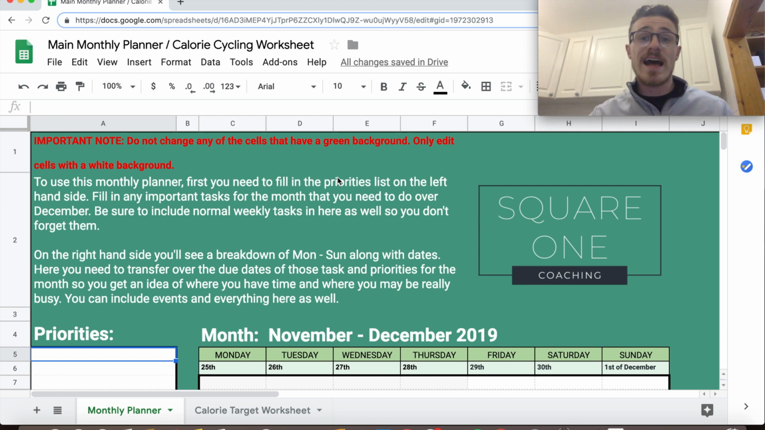This is pretty much just a task list. Fill in the important tasks for the month that you need to do over December. Be sure to include normal weekly tasks in here as well, so you don't forget them. So simple things that you'll do on a weekly basis. Think across your whole week, what will you do? You'll prep food, you'll cook meals,